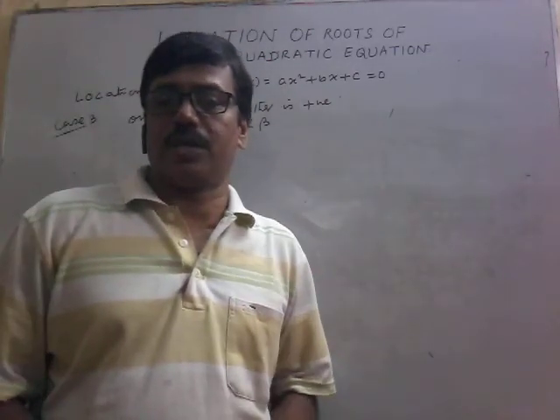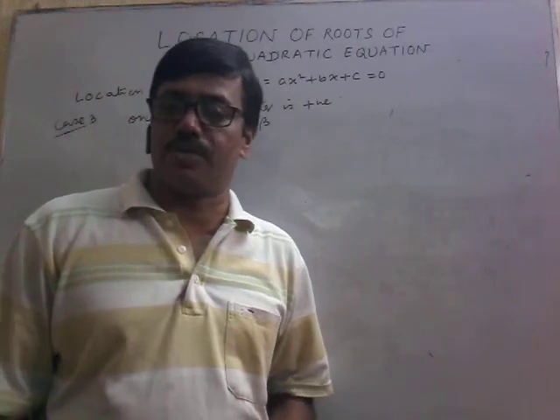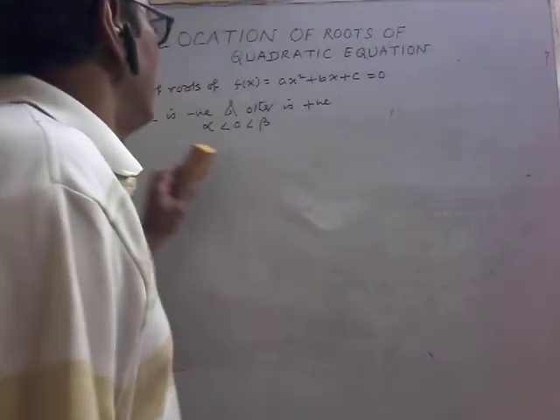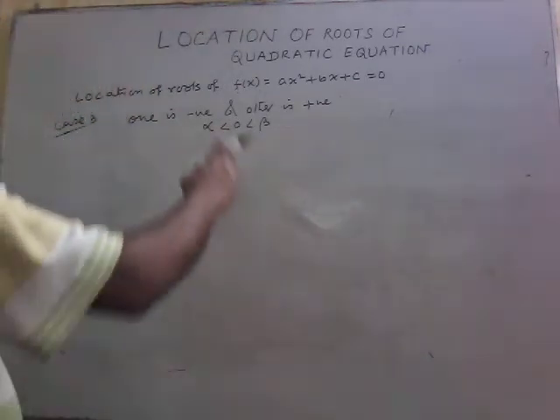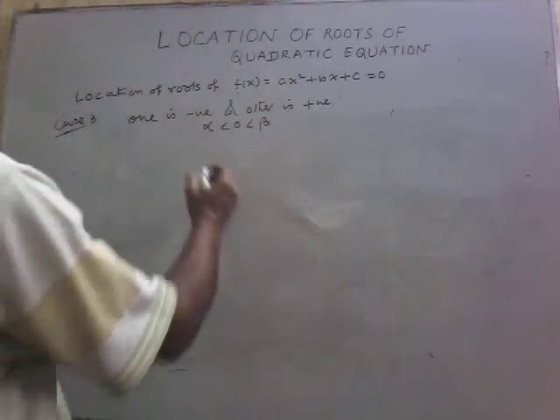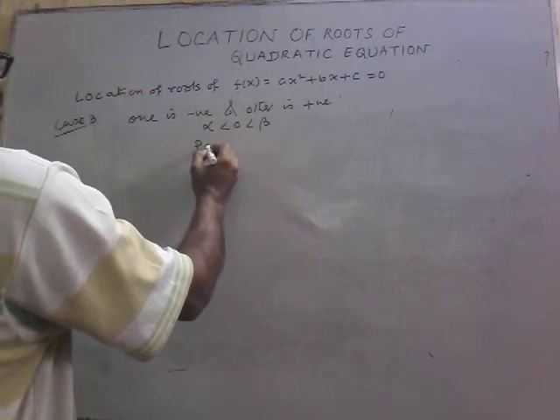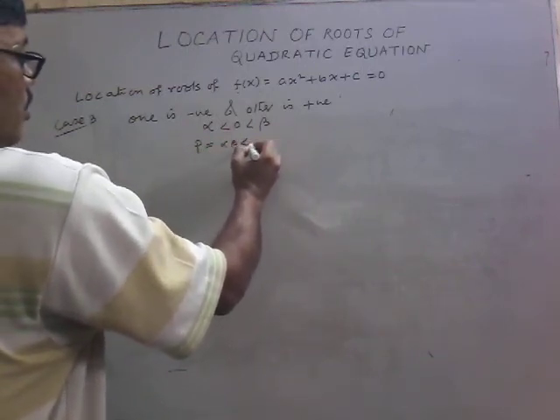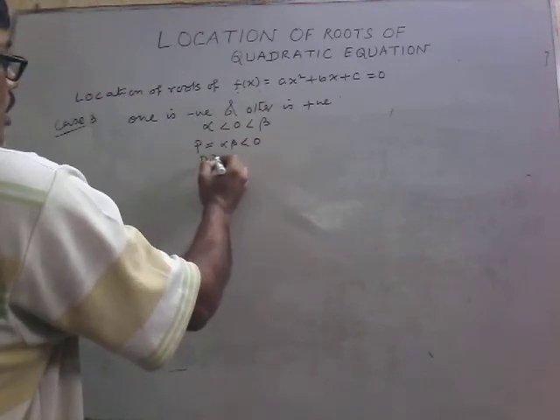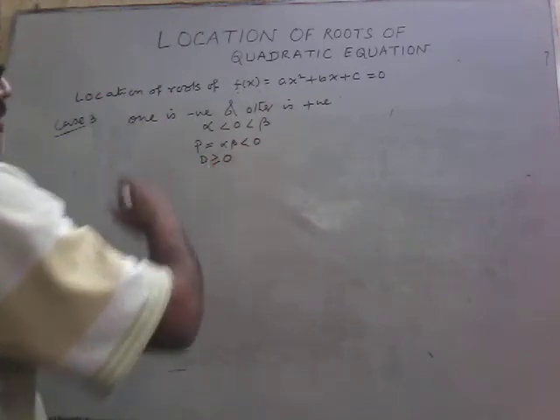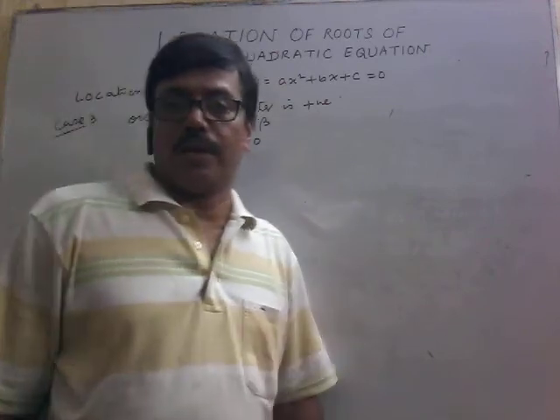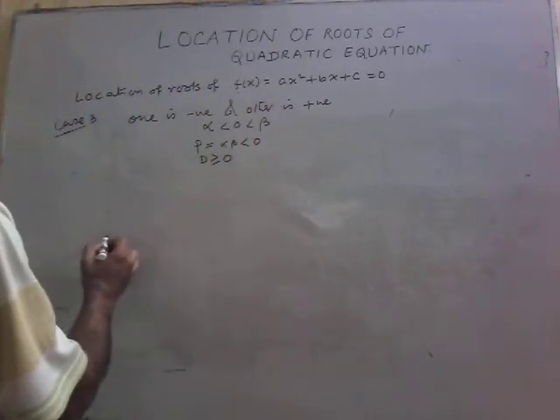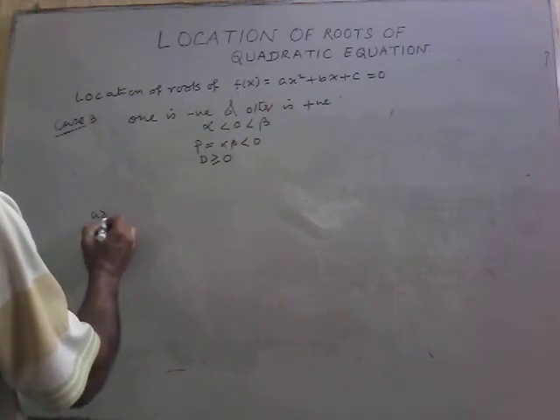So we cannot say what S is. S may be positive or negative. But here the product is always negative. So P equals alpha beta less than 0 and B greater than or equal to 0. Now what is our graphical approach? Look,